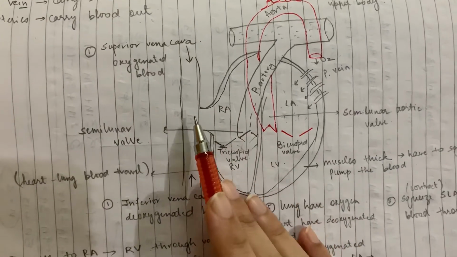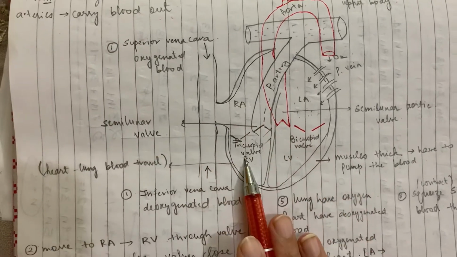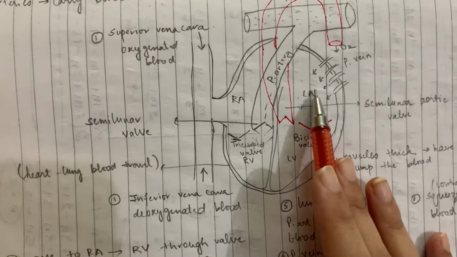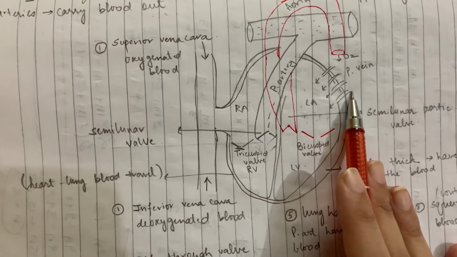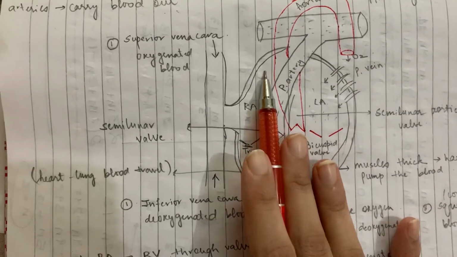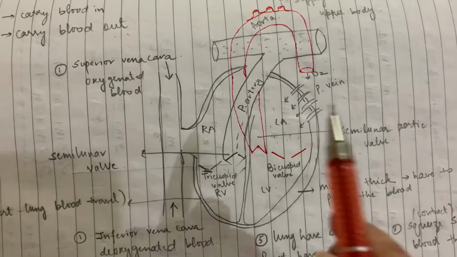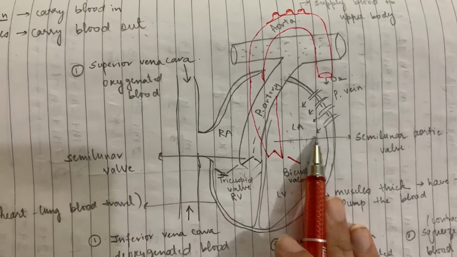We will study about heart in two parts, that is first about the deoxygenated part and then about the oxygenated part. In most books it is written together, so the students get confused. So let's study first the deoxygenated part and then we will go back to the oxygenated. This is the basic structure of heart which you can draw in your exams as well.